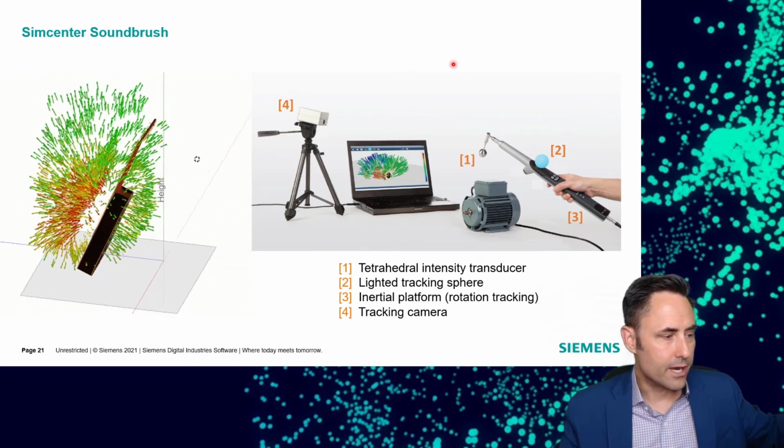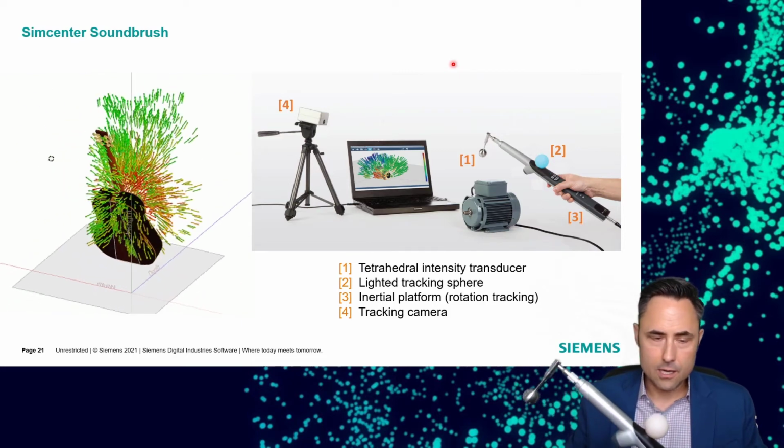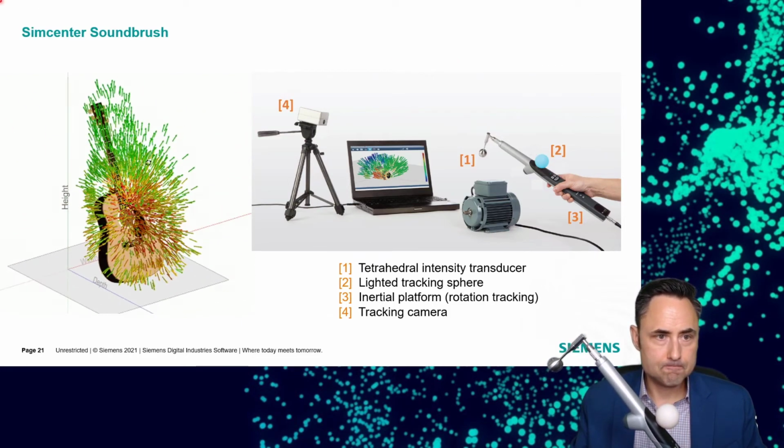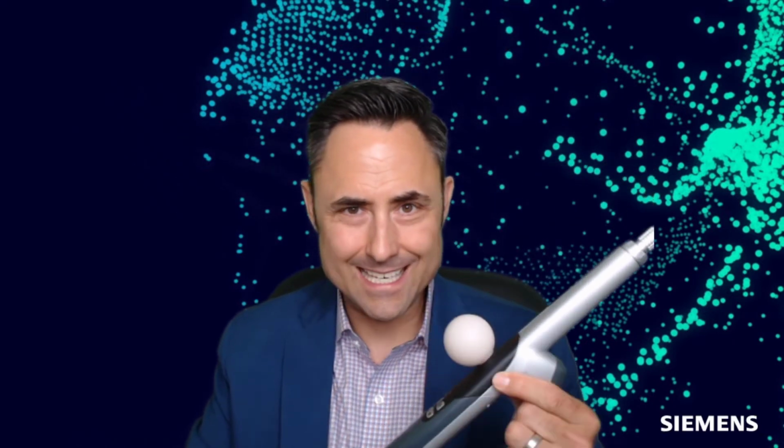And we do that, I've got one right here, with a couple of unique components here. So I'll zoom in on myself a little bit. So this is the Soundbrush, and you can see this doesn't look like 2 microphones face to face like you saw in those pictures of the intensity probe. You also see this sort of ping pong ball thing here. This plays a big part in it. But there are also some things hidden inside the handle here that are going to help us, and we're going to talk about each of these individually here. Let me get back to my overlay here.